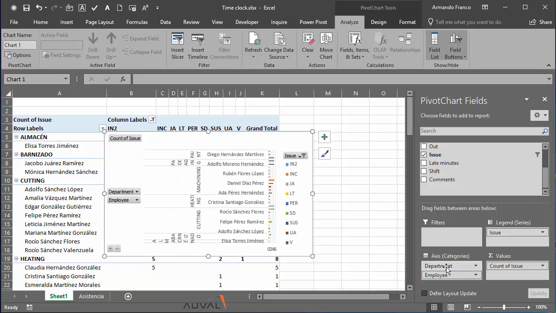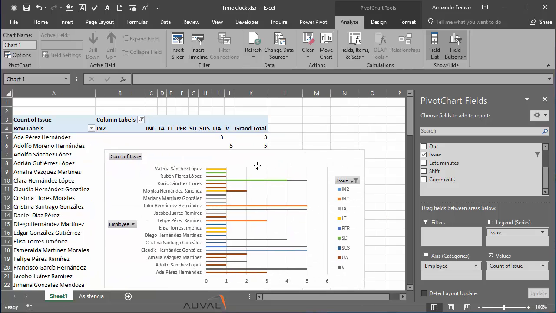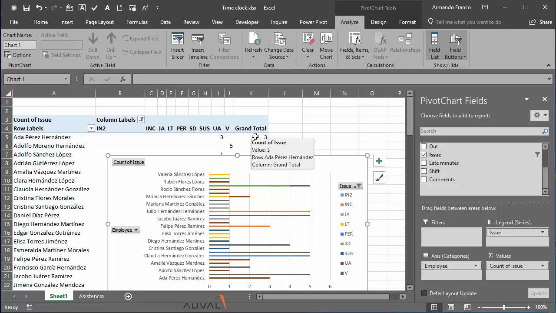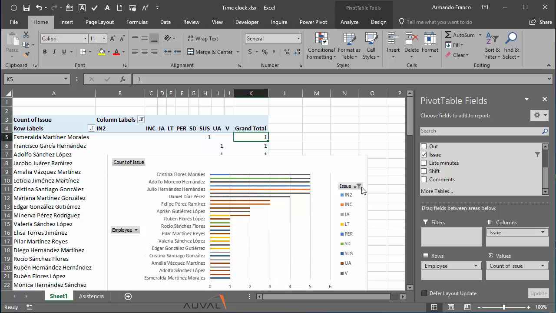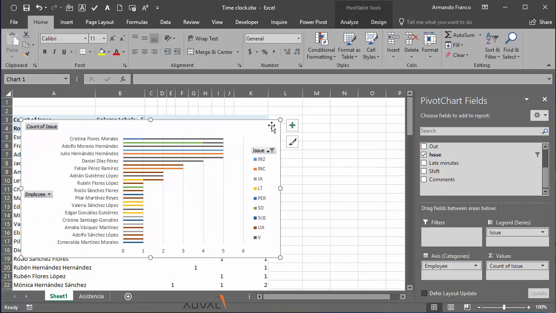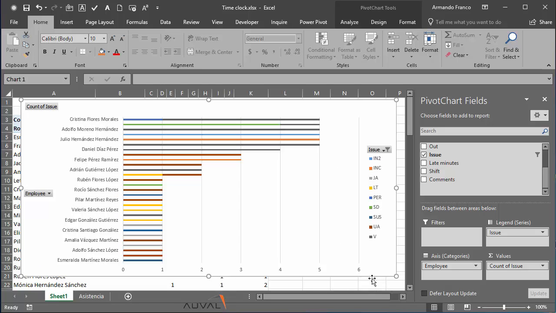Okay, the department is messing it up, so I'm going to remove the department. Then right click here, sort, smallest to largest, and there you go. From the person who has more issues to the one that has the least, but at least one.